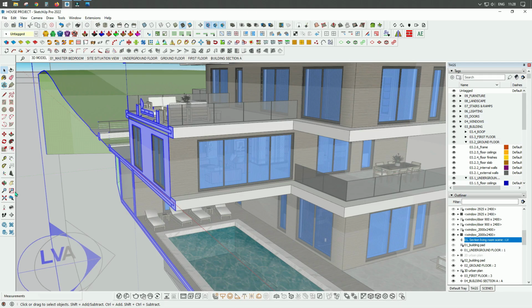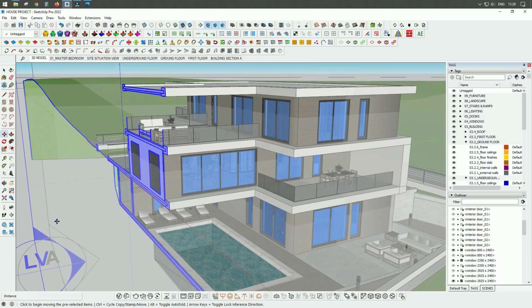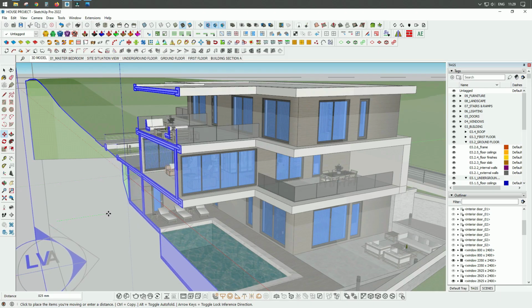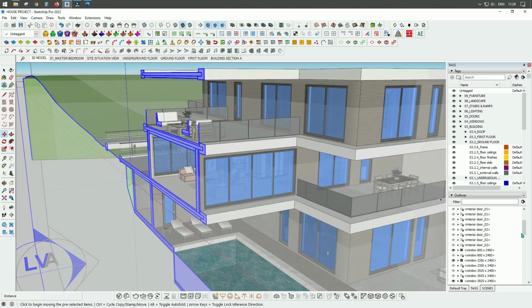Now I'm going to move a little bit into our room in order to determine what I would like to see from our scene. Up to, let's say, here, and now I can go to our outliner list